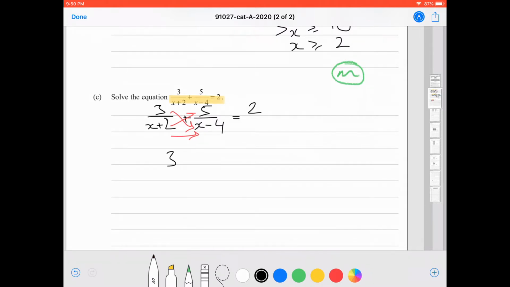So we've got 3(x minus 4) and we could even keep our fractions separate for now, and we'll say (x plus 2)(x minus 4), okay, plus 5(x plus 2),